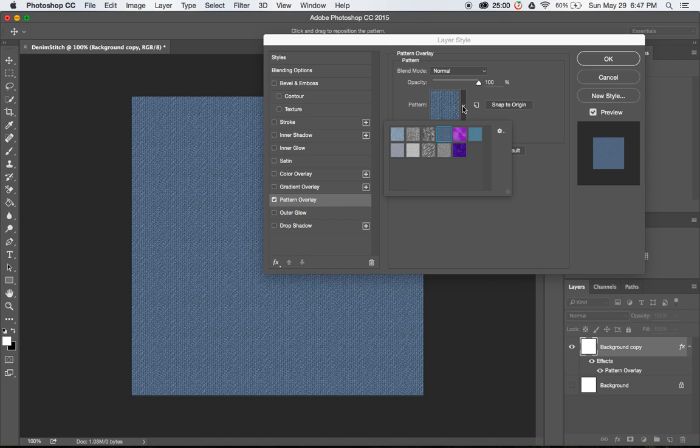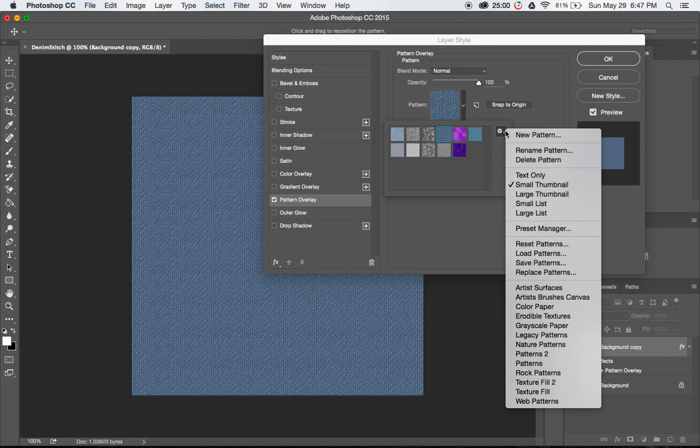Now I've already got this pattern imported and set up and ready to go in my Photoshop. I'll put a link to it down below. This is actually a pattern you need to download. It's a denim style pattern. So what you need to do is download that onto your computer, get it uploaded into Photoshop, and then once you come here, if you have the default bubble pattern, you need to go in here and